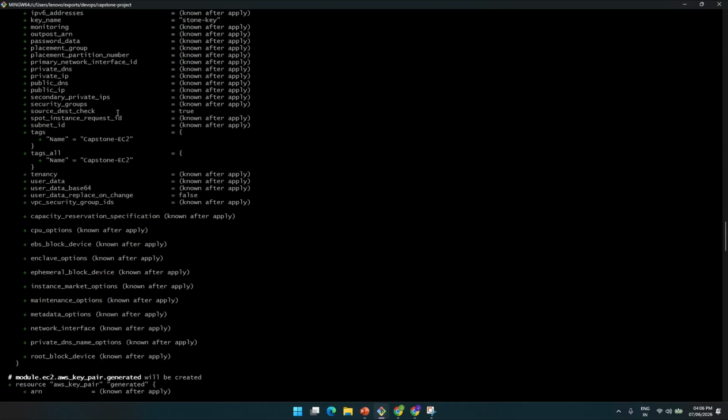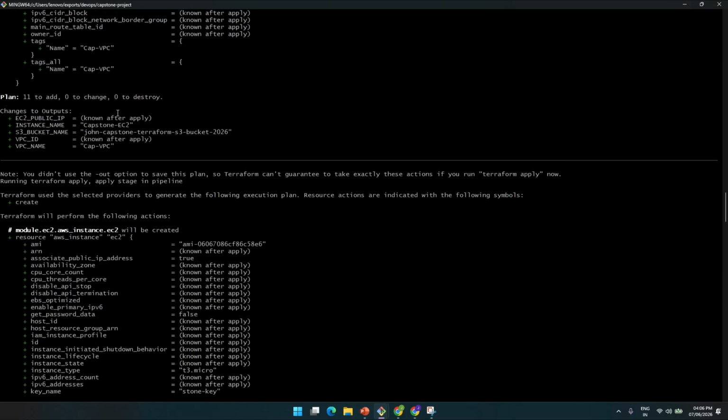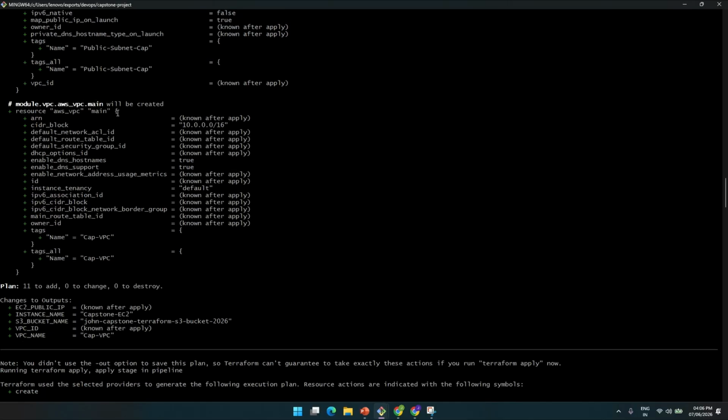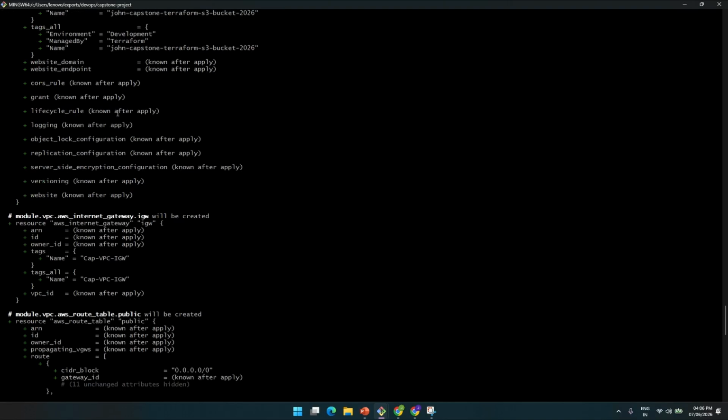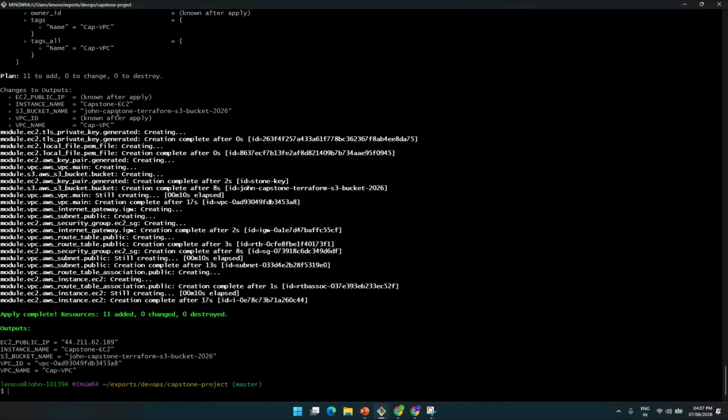The EC2 is created, the VPC is also created, and the S3 is also created. These are the stats of the project. These things will be stored inside a file called the state file. I'll show you the state file later. Let's first connect to the EC2